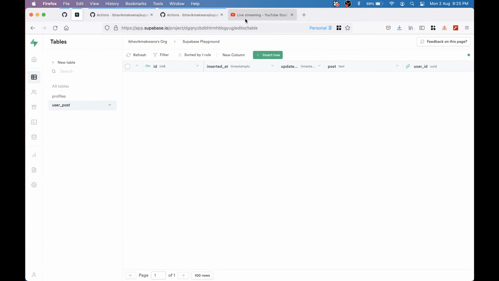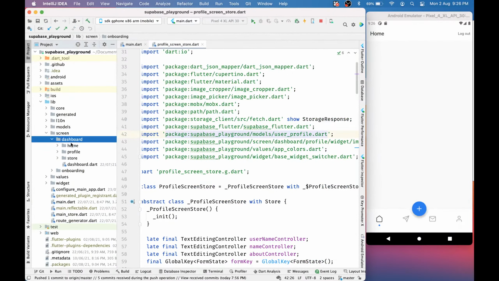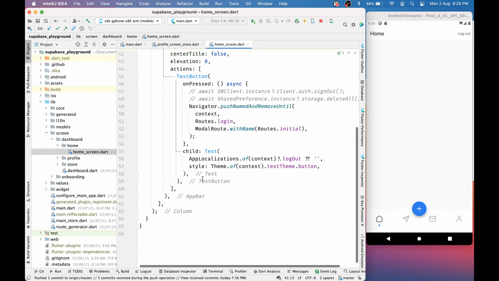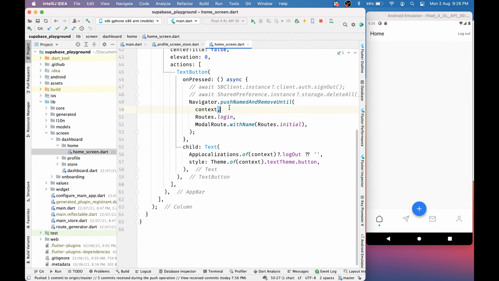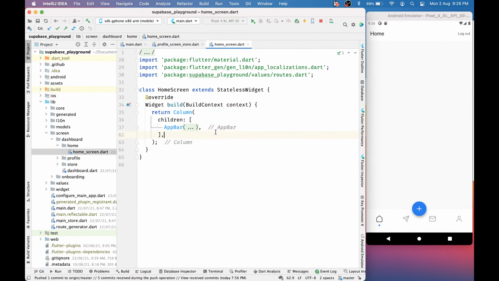Let's just kill this tab, this as well, and move on. Okay, now in the dashboard at home screen, we have a home. So what we can do, we will have one text field,